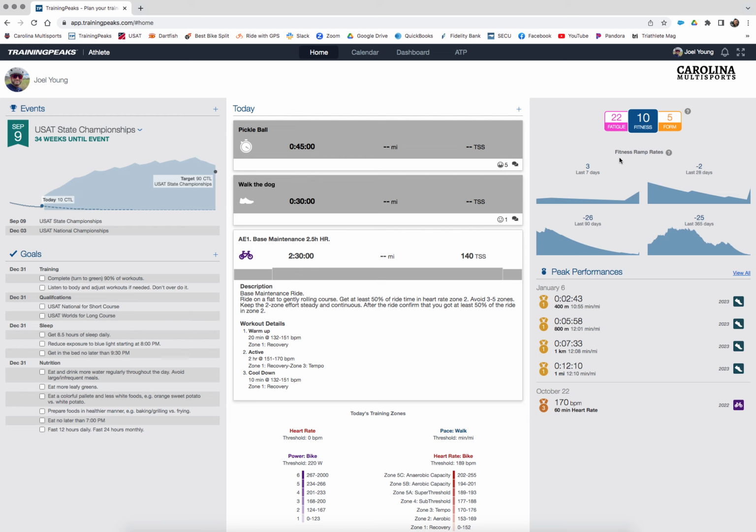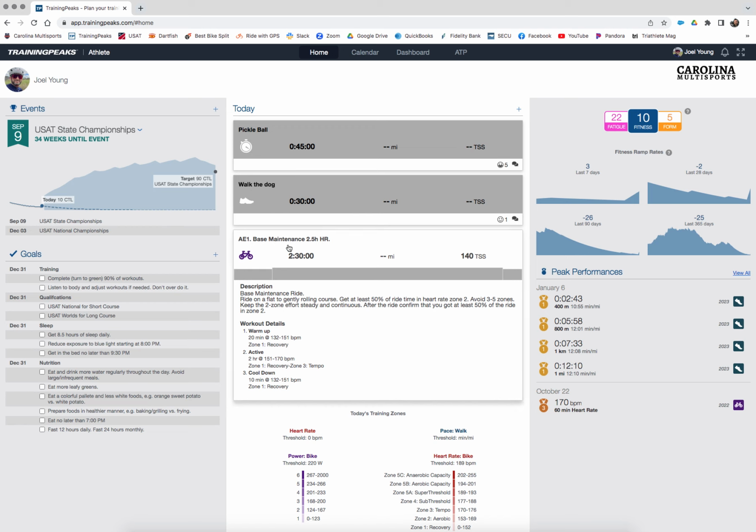You're going to want to pay attention to these numbers really on a daily basis to see what's going on. There's lots of algorithms that go into creating these numbers, but essentially it's an average. So as an example, the fitness number is a 45-day rolling average of your daily workouts. Each workout has a training stress score.